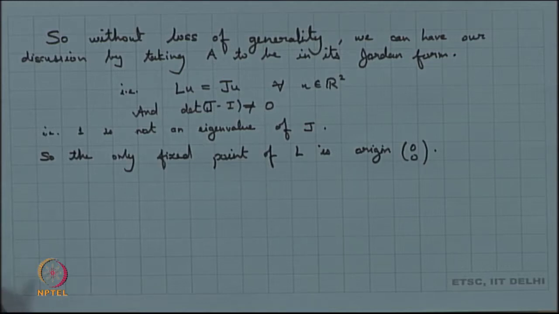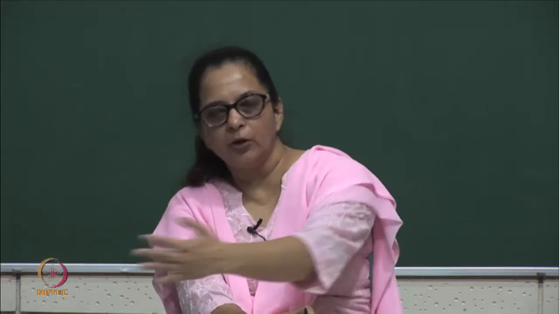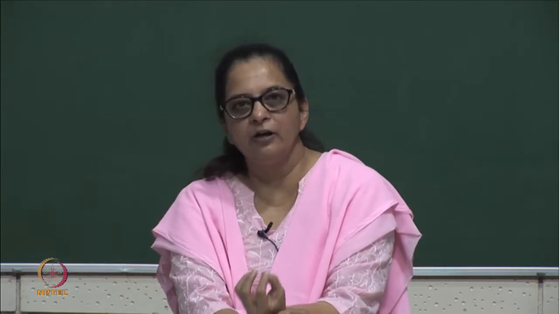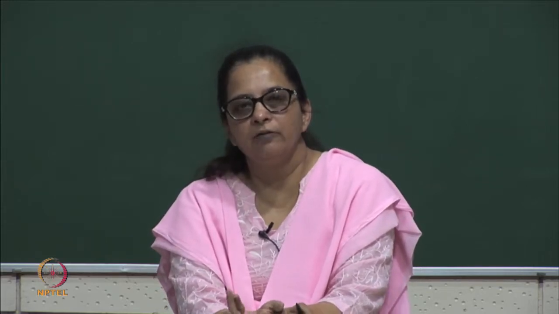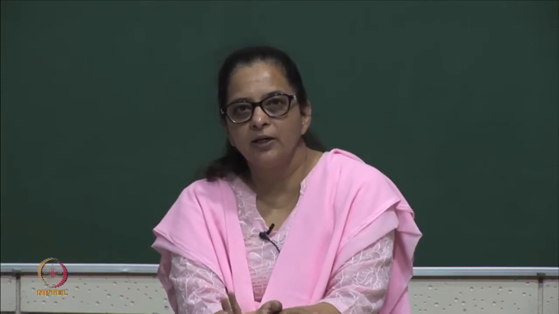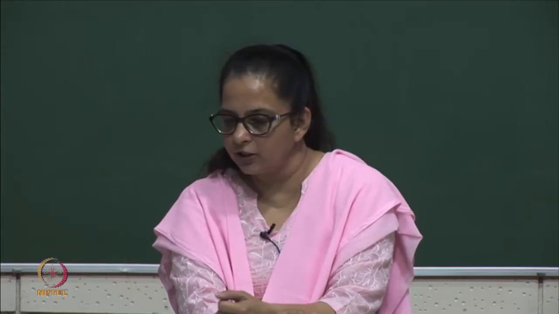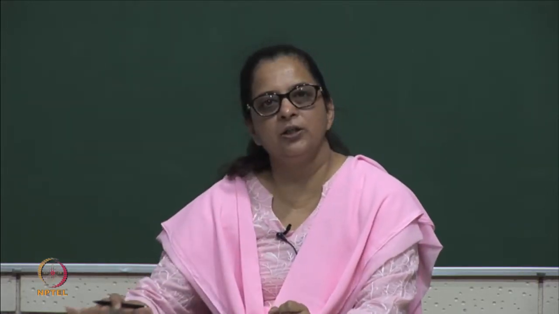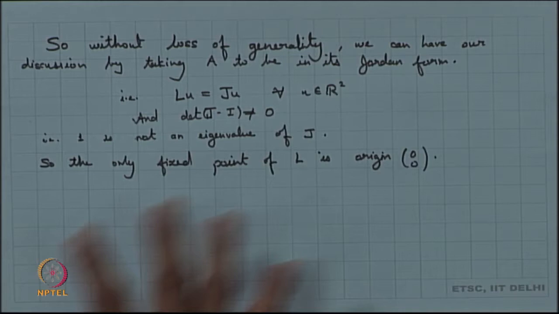We are now interested in looking into the asymptotic properties of the orbits of all points in R square. So, how are they behaving? We know that we have one fixed point which is the origin, and since we are working with eigenvectors, we will have some kind of a splitting by eigenvectors. Basically, either the eigenvectors or the generalized eigenvectors will be spanning the space. So, we have a nice geometric structure given by these eigenvectors, and that is what helps us in determining the dynamics here.